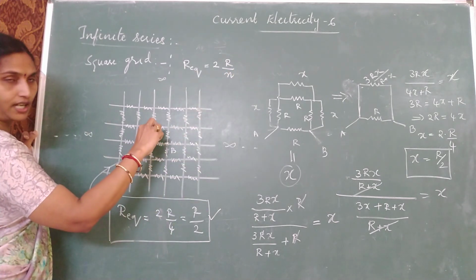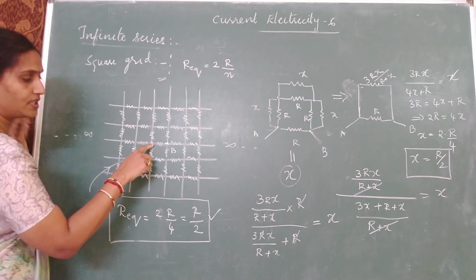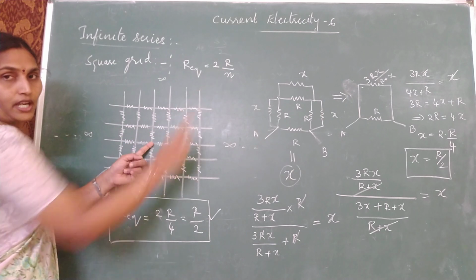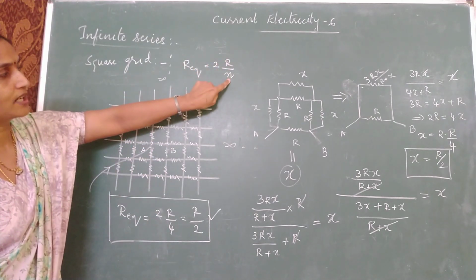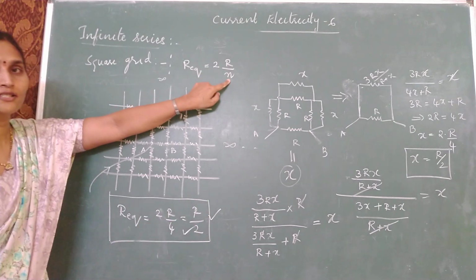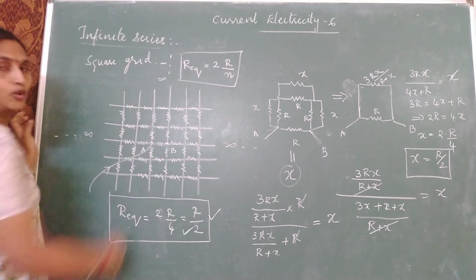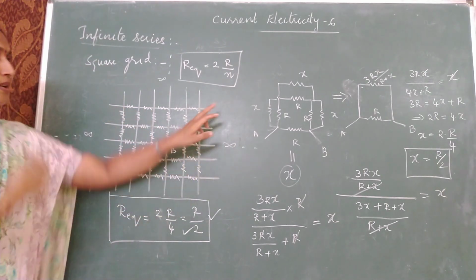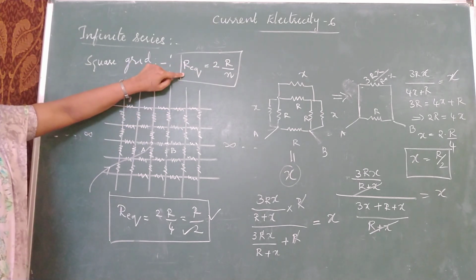Okay, if resistance is R, N is the number of branches at a junction. See, at this junction you have 4 branches. So what is the value of N? N is equal to 4. So 2 times of R by 4. Did we get the answer as R by 2? So, this shortcut method you use only in objective exams. For subjective, these lengthy questions may not be given, but because it comes in objective, you can remember this shortcut formula. What is the shortcut formula?